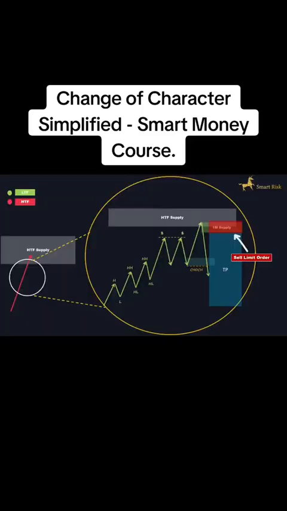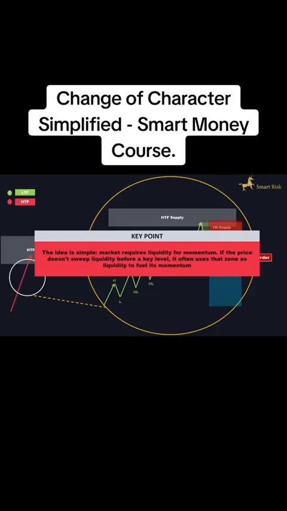Recognizing a liquidity sweep pattern before the price reaches our identified area of interest is crucial. This pattern confirms the strength of our supply or demand area. We use liquidity sweeps as a confirmation factor. The idea is simple. Market requires liquidity for momentum. If the price doesn't sweep liquidity before a key level, it often uses that zone as liquidity to fuel its